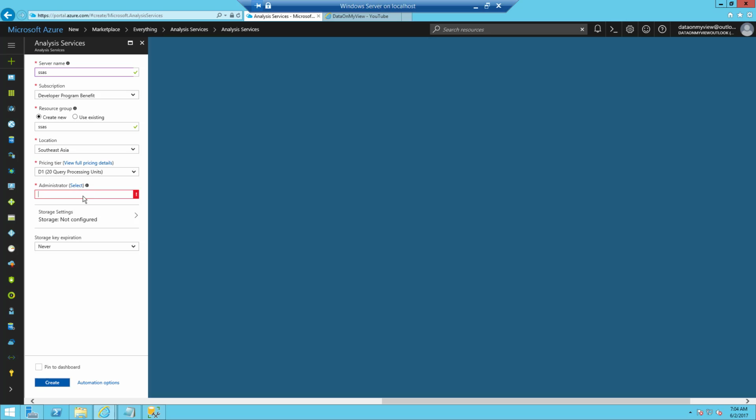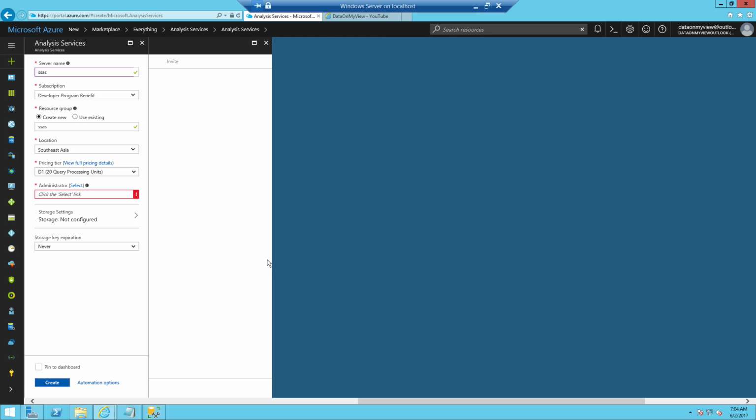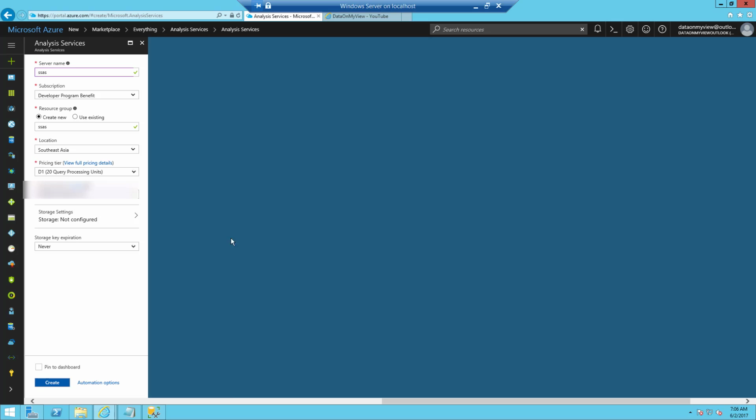And here my administrator is going to be PM admin, or I can select from my available users. I invited one of the users to my default Active Directory, so I just use that administrator.